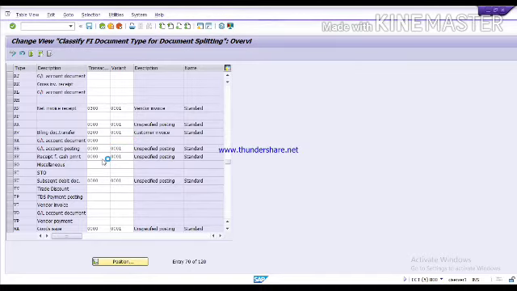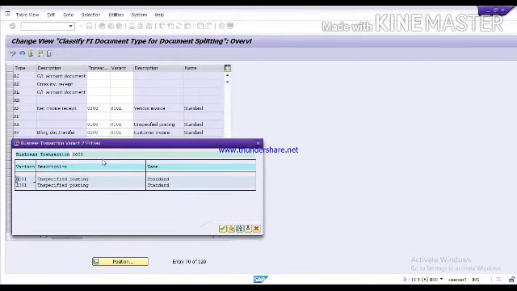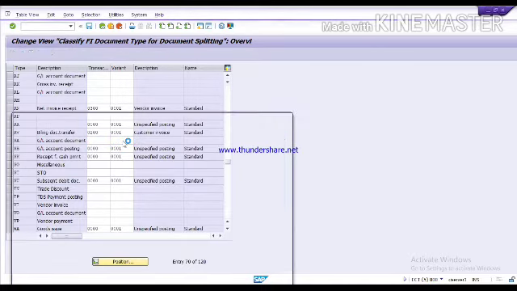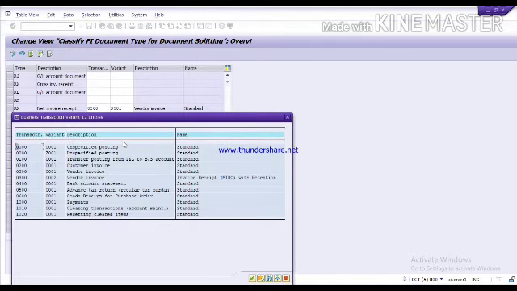Press F4 key, and here you can select the variant. As I have selected this first, you are not getting all the list. First I am removing links so that you can see all. So this is the list of the variant. As per your document, you can select the variant. If it is from the vendor, you can select the vendor variant. So accordingly you can select it.